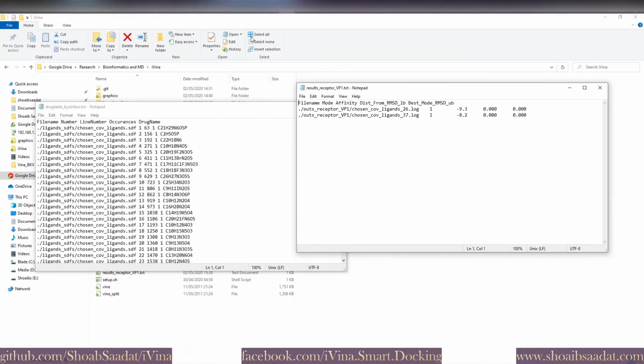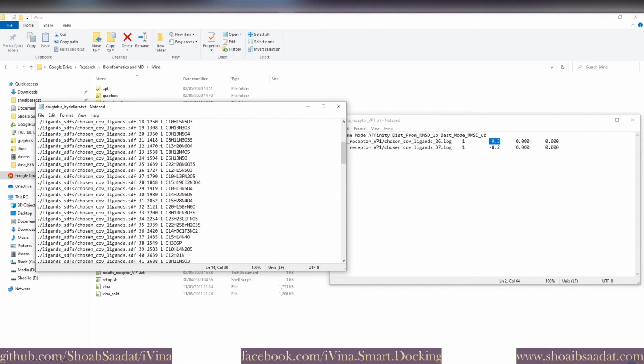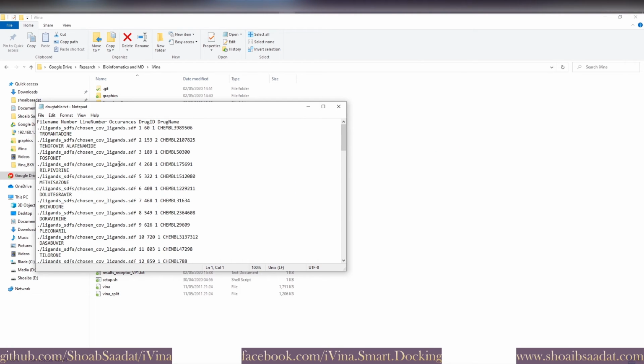Now here you can see the best ligand was 26. It had a pretty good binding affinity, minus 9.3 in this case. Then I would find this chosen ligand 26 by following this column, which is this one. So here I've already found which ligand I'm talking about, and then we can use this to further explore. Or alternatively, we can open the standard drug table, and I can still find that specific drug, and it happens to be this drug,